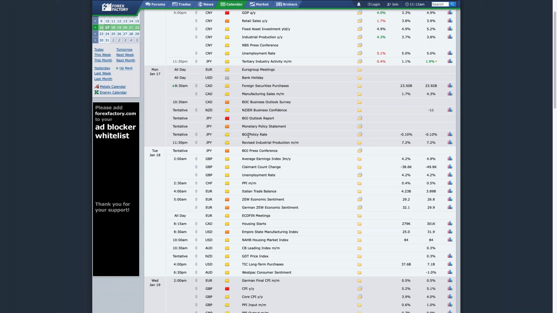So if you have a strong currency, it means your imports are cheap and your exports are dear. So with the Bank of Japan having a weak currency, it means their exports are cheap. Weak yen, cheap exports. But what's expensive? Imports. So in other words, yes, the Bank of Japan are happy with a weak yen because it's good for the exports, but they're not so happy because it's bad for the imports.